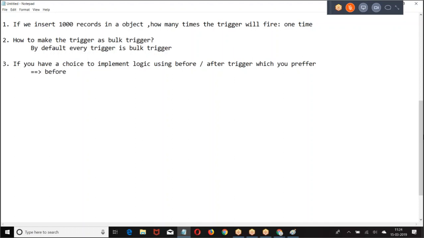Why? Any logic that we write in the before, on the record which we are inserting or modifying, is a read and write operation.